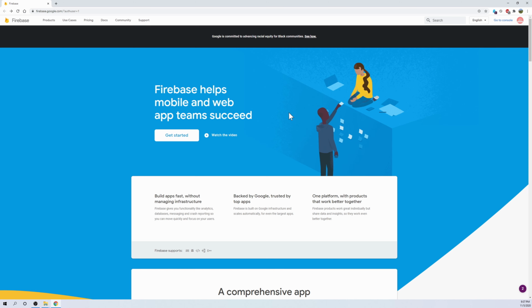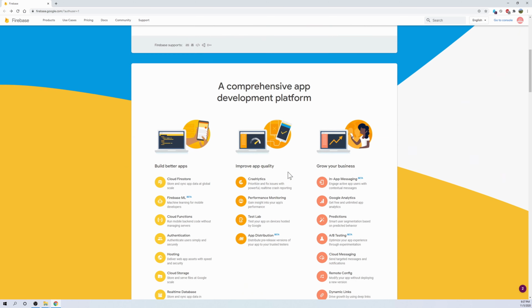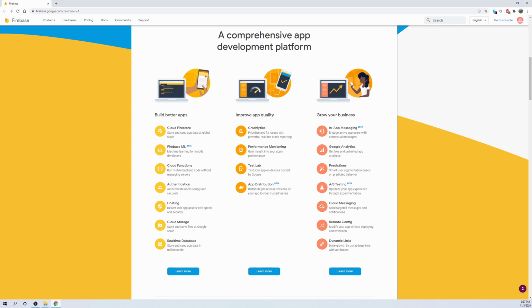So now if we scroll down a little, we can see all the services that are provided by Firebase. As you guys can see, Firebase provides us with services like Cloud Firestore, Cloud Functions, hosting, cloud storage, real-time database, Crashlytics, app distributions, which is in beta, which should be releasing shortly, analytics, remote config, dynamic links, a whole bunch